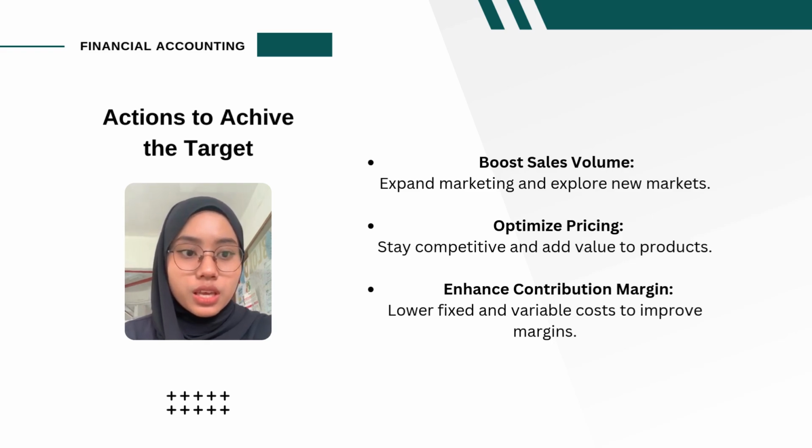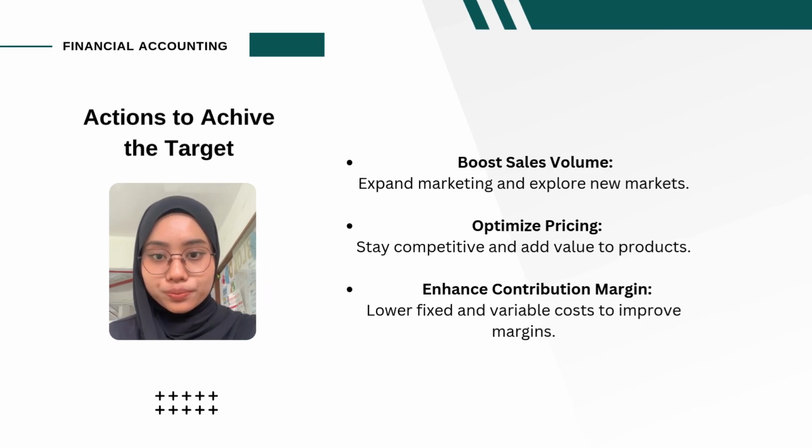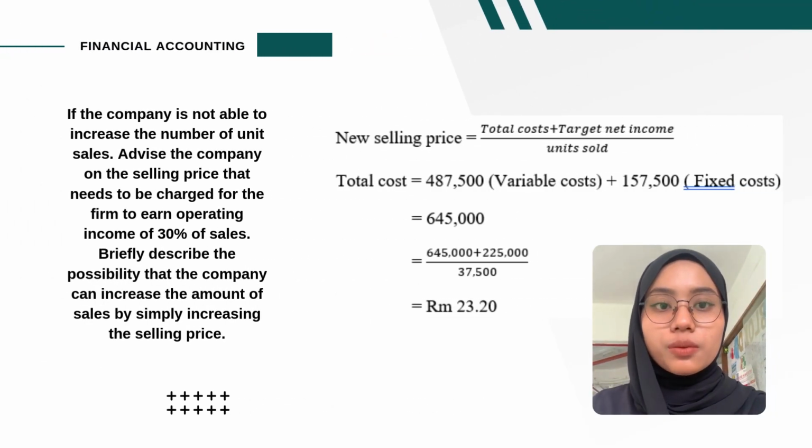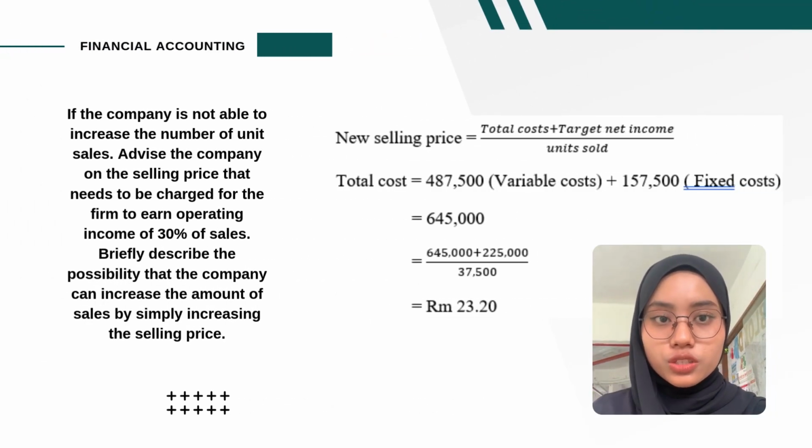In summary, selling 54,642 units and implementing these strategies will help us achieve a 13% net income to sales ratio. So the recommended selling price needed to achieve a 30% operating income, if the company cannot increase unit sales, is